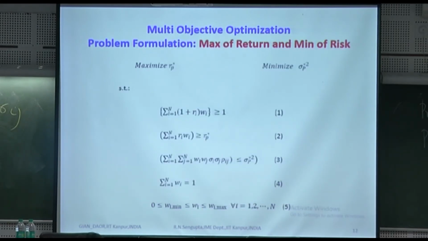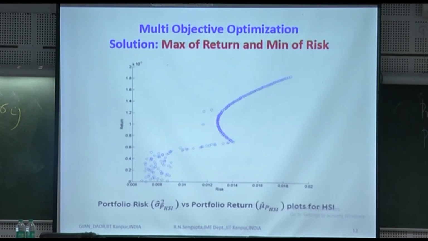Now I have a very simple optimization problem, which is maximization of return and minimization of risk. I am changing the objective function. Similarly, I change the constraints accordingly. So in this case, the returns of the final case would be greater than the initial investment. If you look here, this is again the same as we had in the second constraint. The third one is the same as the third constraint here, and the weights sum to 1, and the weights are between Wi minimum and Wi maximum. You can change it accordingly.